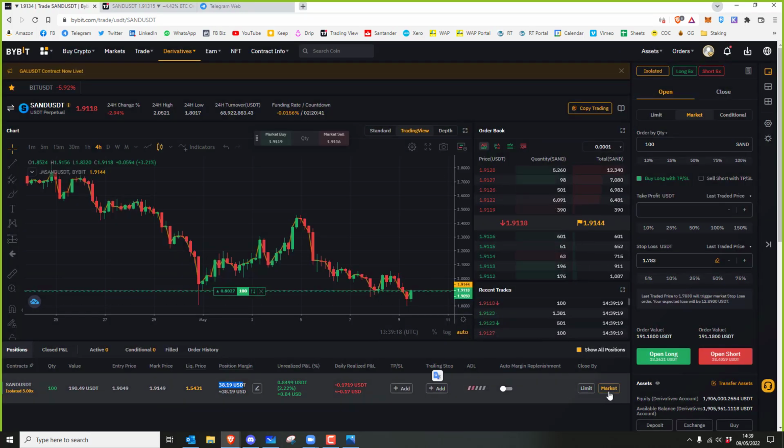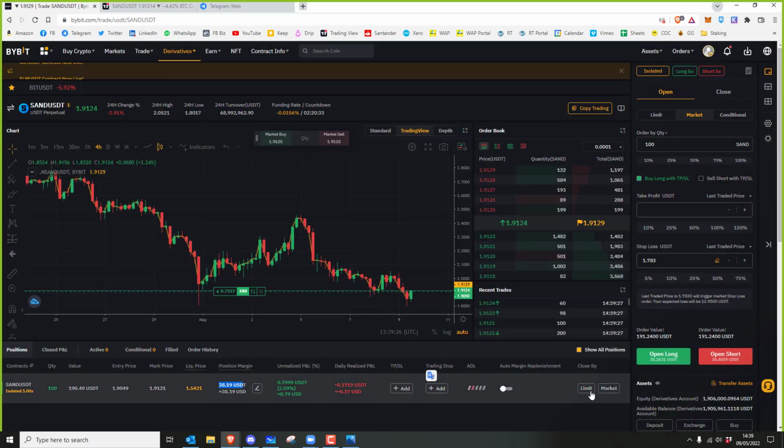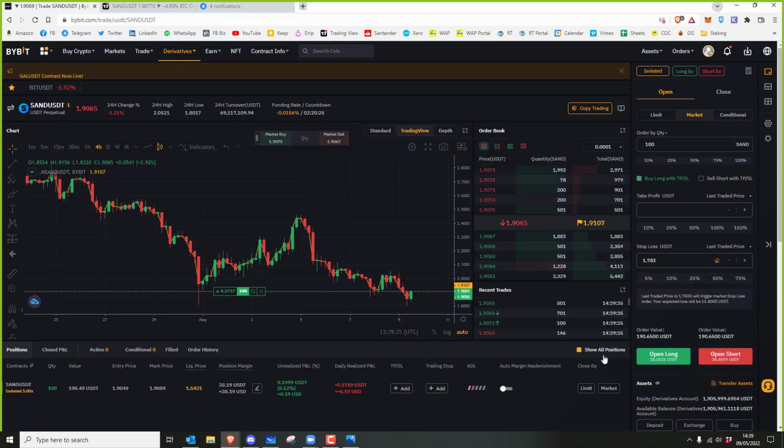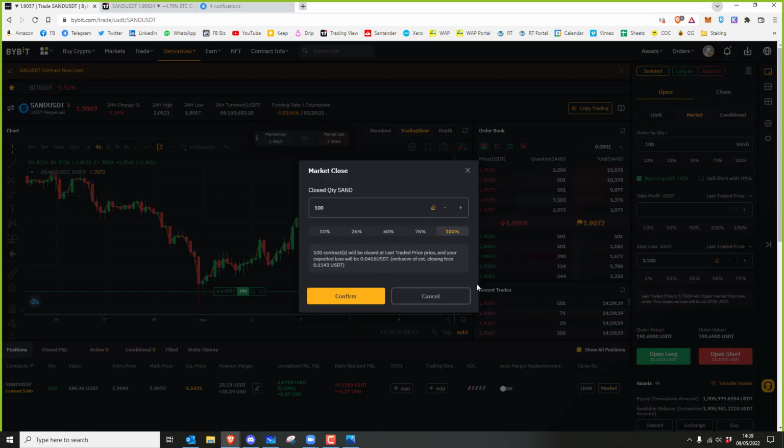And by the way, every time I close it, you can close by limit, so you're putting in a set price where you want it to close. I wouldn't bother with that one. Just click market, so you're closing it at market price, straight away basically. When I clicked the close all button earlier, I thought I was going to have a little confirmation window. Evidently it didn't. So that's a good learning point.